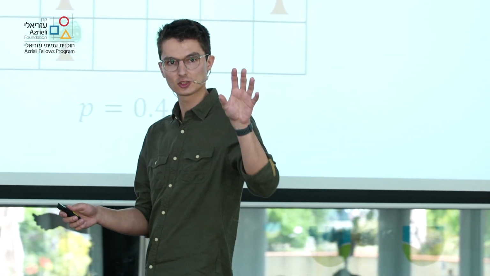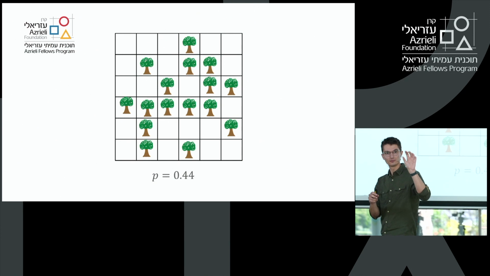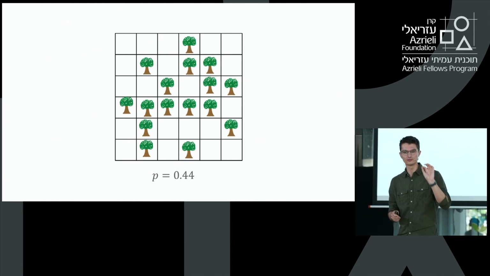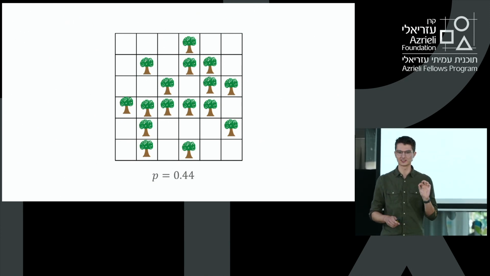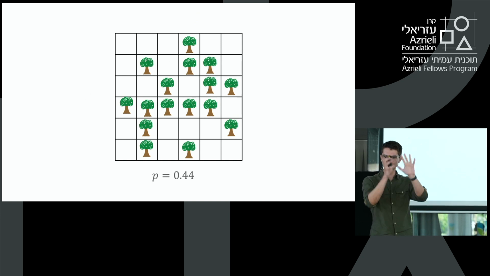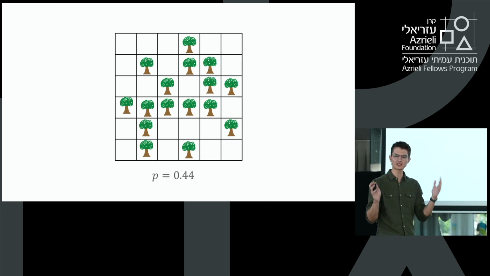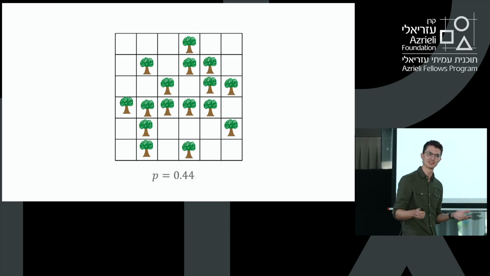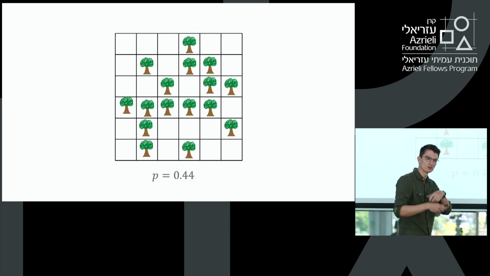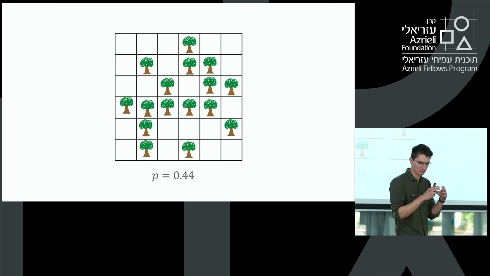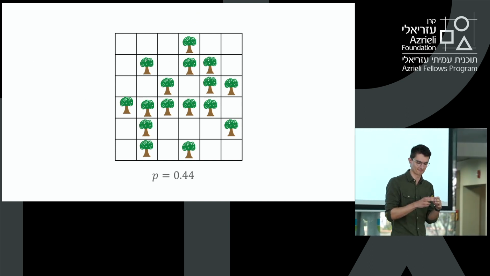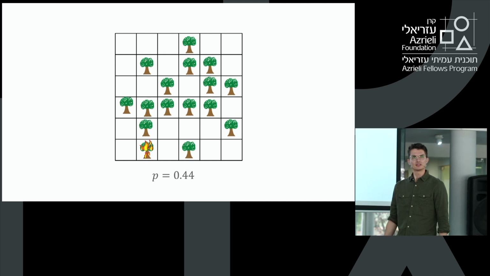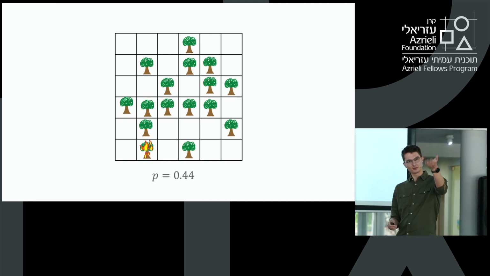And importantly, we're going to do this randomly. So in each square here, I've put a tree with a probability of 0.44, so 44%. And we've done so randomly throughout this whole grid. And the question I have here is, if I start a fire in my forest, is it going to spread? Is it going to burn down the whole forest, or is it going to be relatively localized where we started it? So here we go, start a fire, want to know if it spreads.